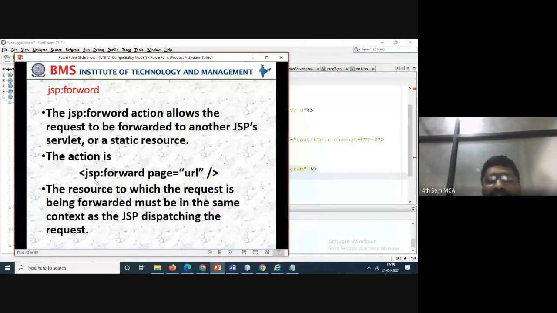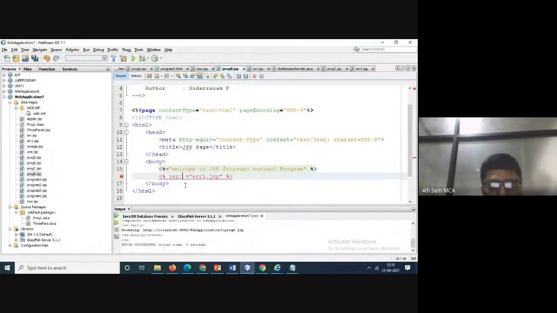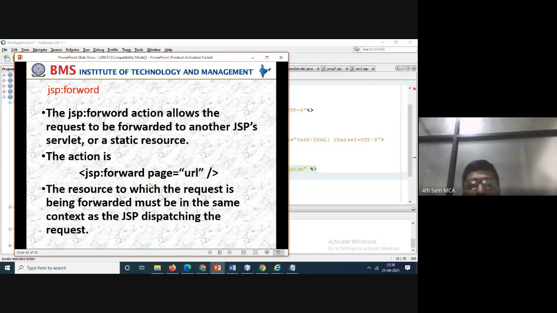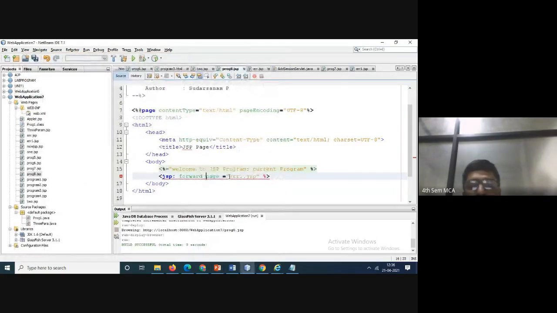See the syntax here as it is. There is no change. Whatever I have written here, that's all. jsp:forward page. Even you can see here, jsp:forward page is equal to error.